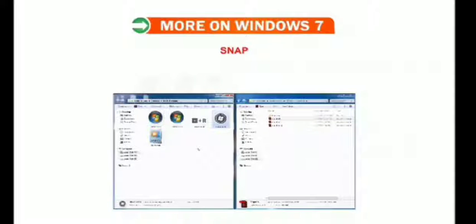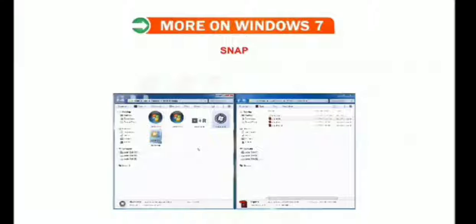As we all know, Windows 7 supports multitasking, which means that at the same time we can run several programs together and can also display all those opened windows on screen at the same time. In our last class, we studied some steps to display two open windows side by side.